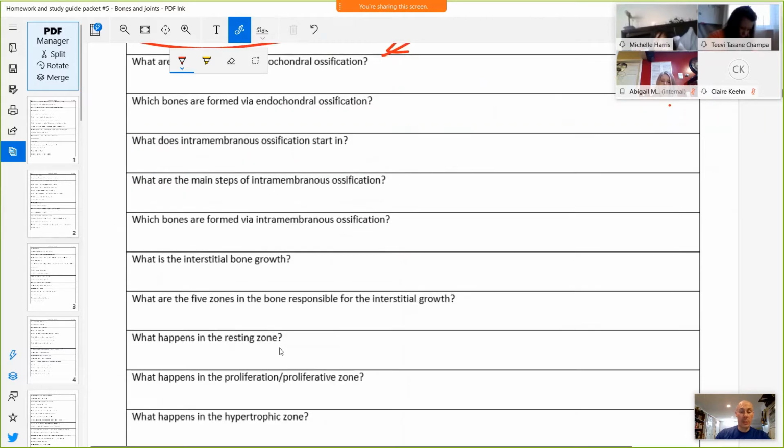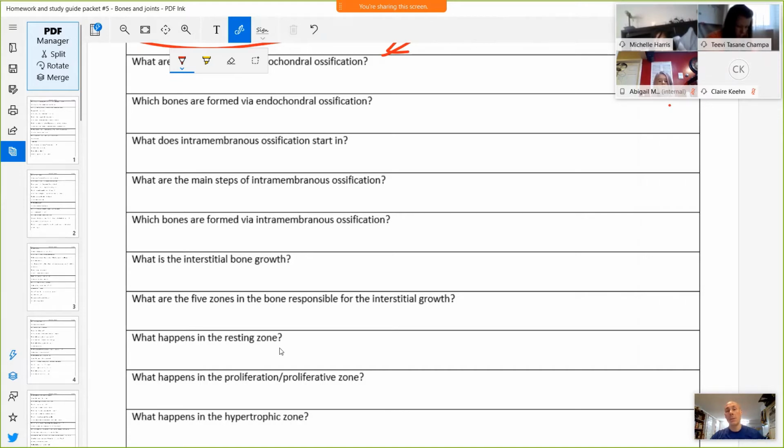Intramembranous ossification. Remember, it starts in the connective tissue membrane. You basically have an ossification center where osteoblasts start to deposit matrix, and they keep moving the front, the line where the bone is formed, away. So some osteoblasts become trapped in the center, and when they become trapped in the center, they differentiate into osteocytes. So eventually what you end up with is that all connective tissue membrane is replaced with the spongy bone,